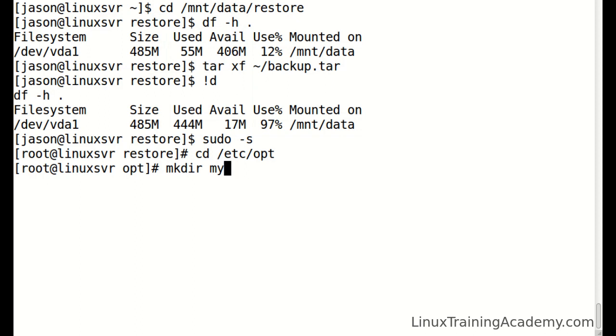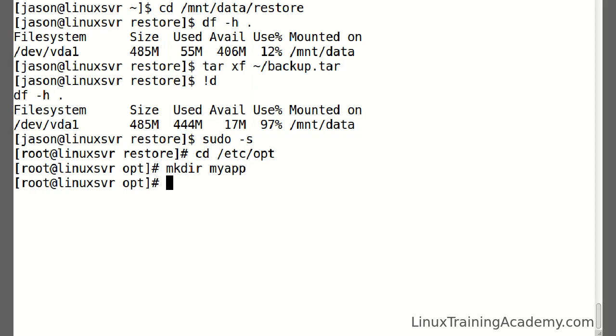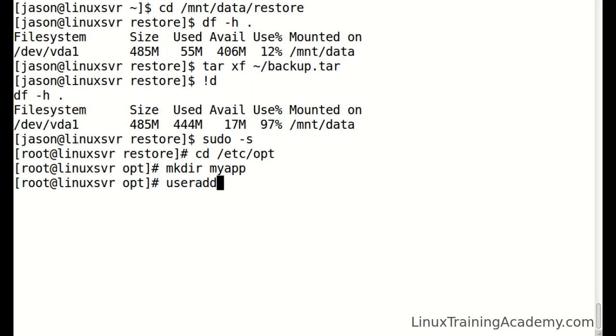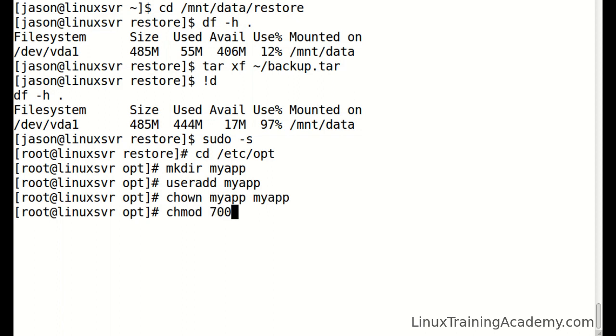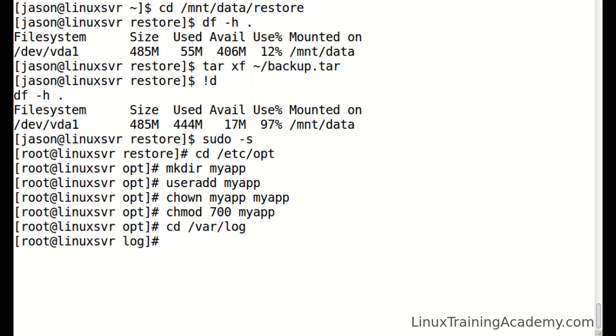Let's create a directory for my fictitious application called myapp. Let's create a user for this application. And we'll make that application owner the owner of the directory here. And if I run exclamation mark M, the most recent command that begins with M is makedir, so it will